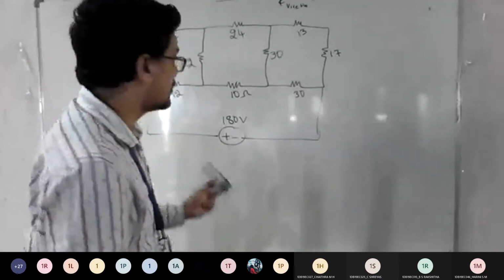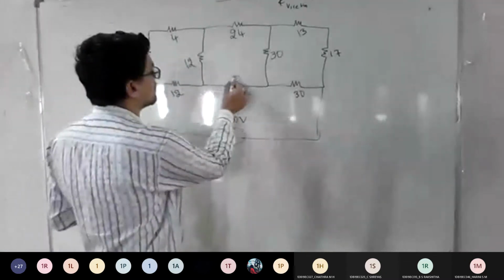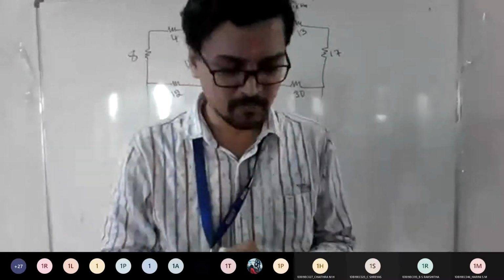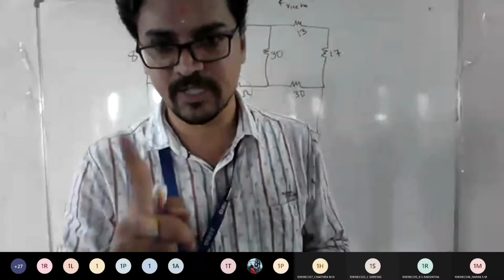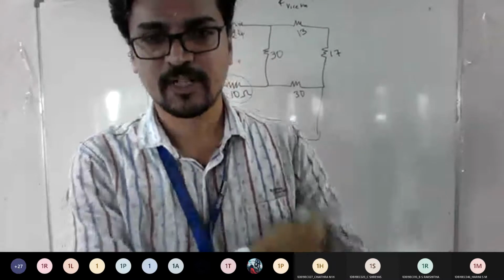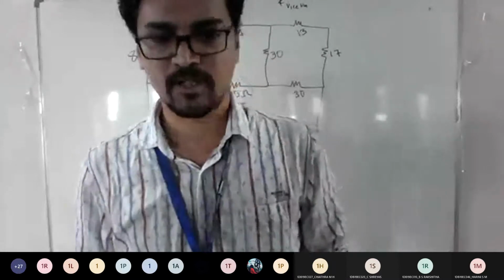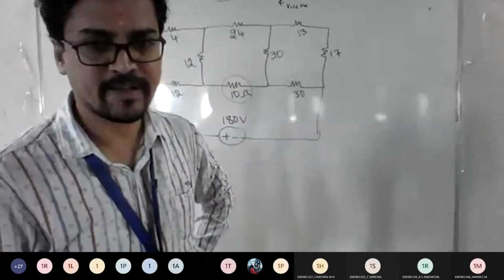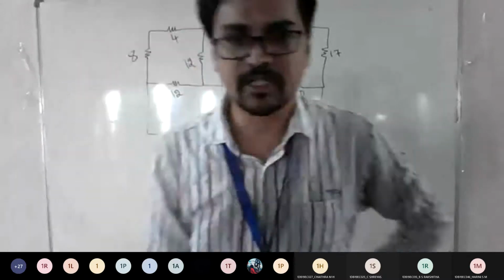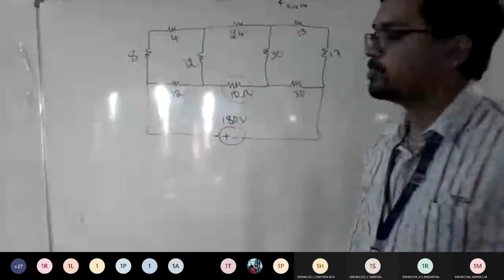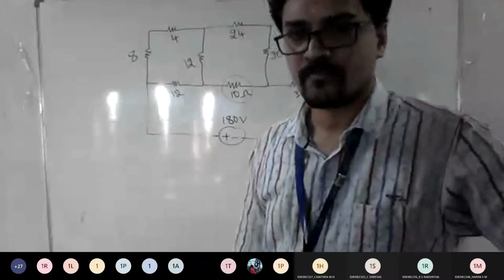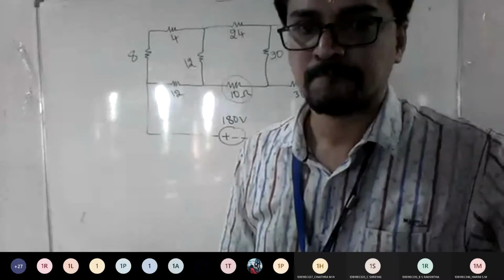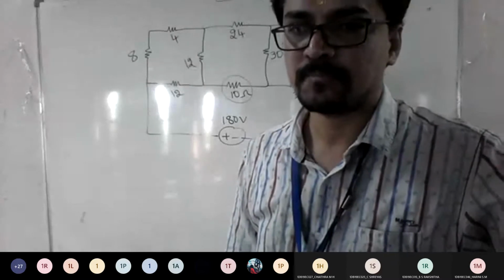So what they asked is you need to find the current across this. It means you need to simplify the complete number of resistors to a single equivalent resistor. For that you can apply Ohm's law, I is equal to V by R, to get the current. Okay. So got the question, written the question here? Everyone? Is it fine?